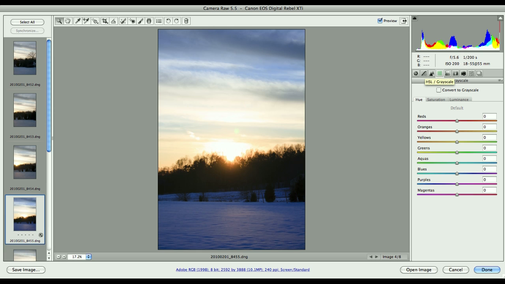Now, the hue, saturation, and luminance. In this case, I took this set of images with a polarizing filter, so I need to make some changes to kind of get the colors back to what they were. And it's really because it was much brighter than what I see right now, and some of the colors aren't quite right. So the first thing I'm going to do is I'm going to change the hue of the orange, and